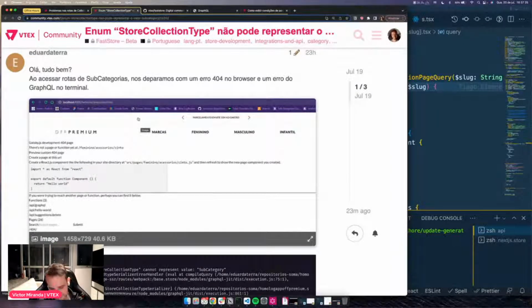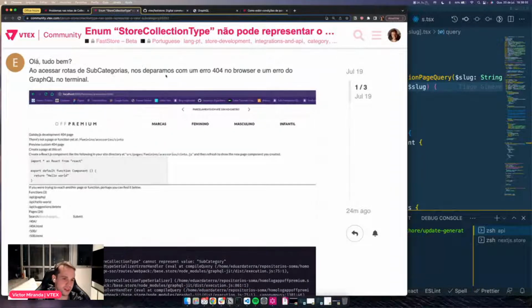And that's something that I also found pretty interesting, because if you look into our starters, this doesn't happen. We don't get these errors, even though we have categories and we have department and categories. But the thing is, we don't have any subcategory. So that's probably why we didn't catch this before. If you navigate into the Gatsby store or Next.js store, you're not going to run into this. So I thought it was pretty interesting that we just didn't get this because we never faced